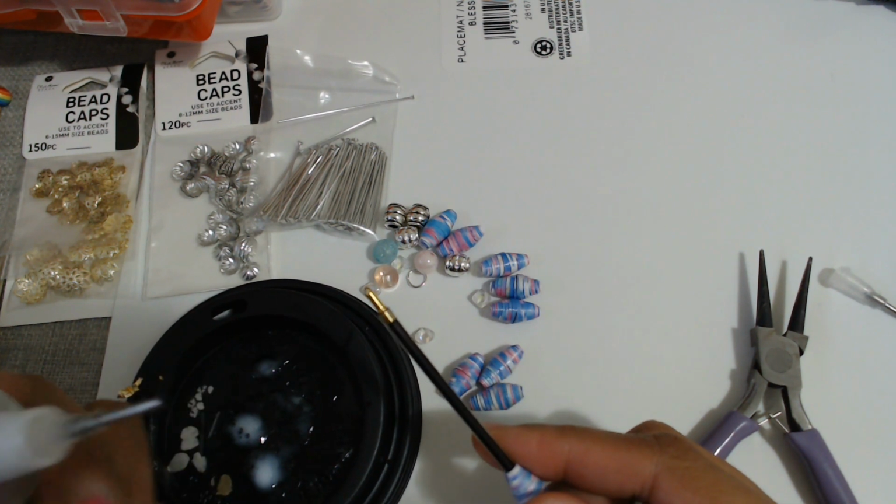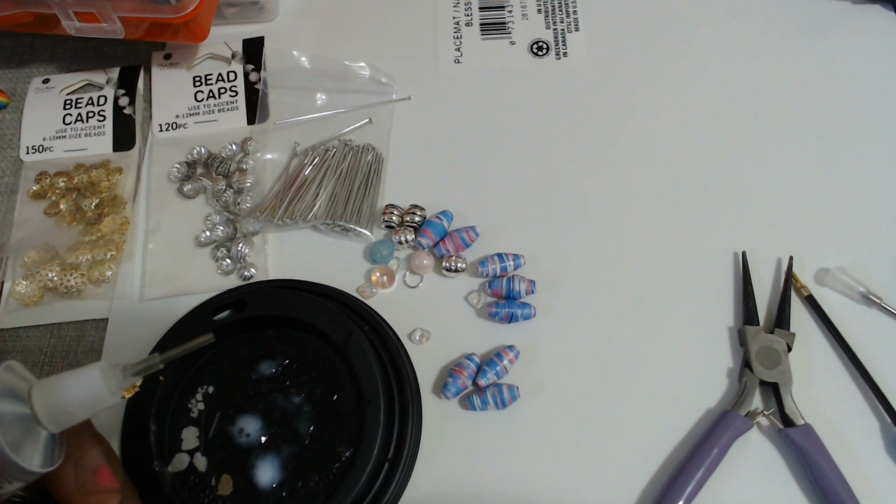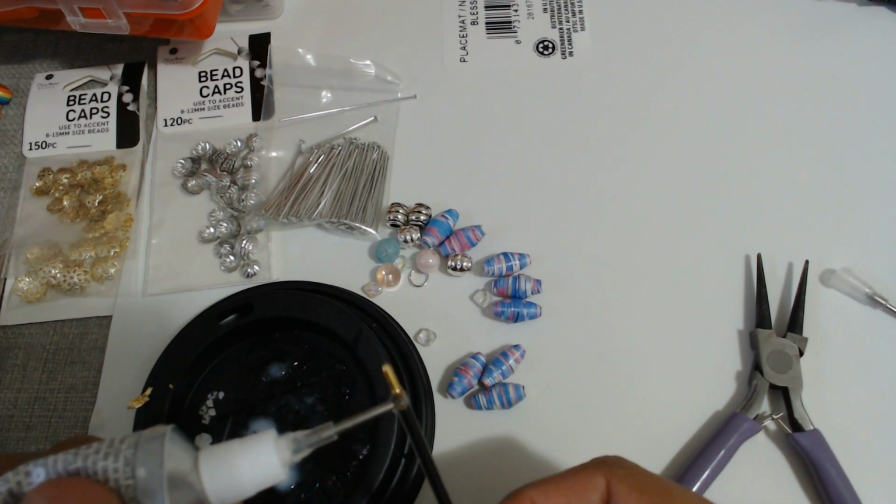But I'm so scared. Y'all, I poked a small hole in this. Maybe I need to do it bigger. Hold on. Nope, it just took a while to come out. Okay, so